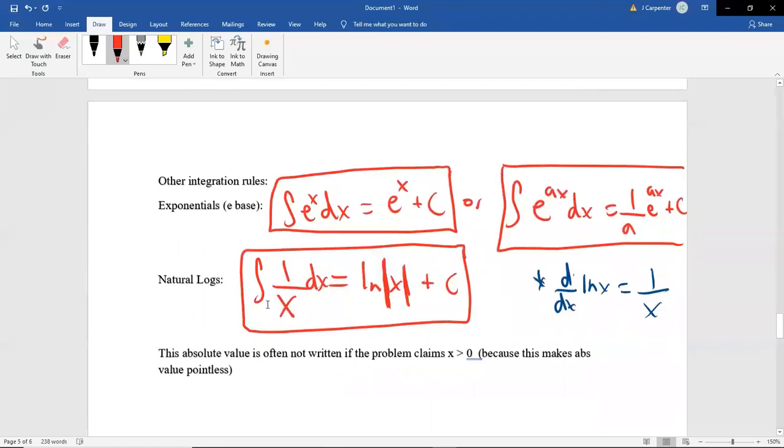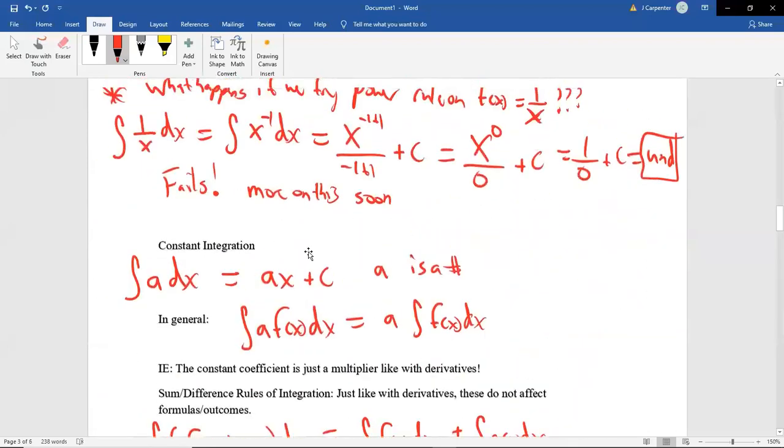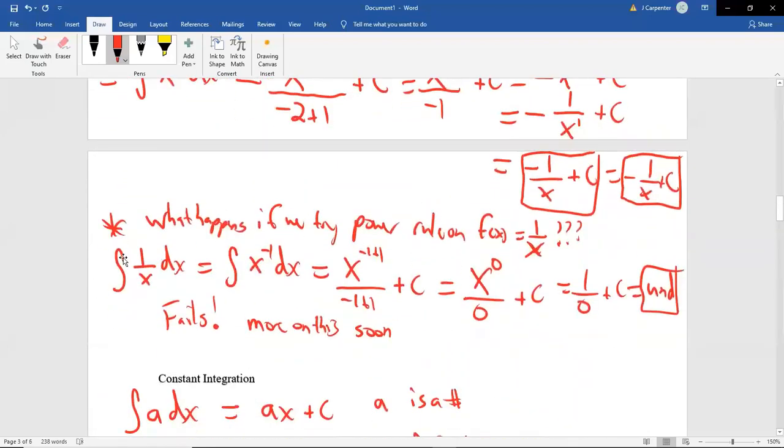So this is the n equals -1 case. You might say, well, I don't see a -1. It's right here. This is an x to the +1. When you bring it to the top, that's your x to the -1. So when we tried to do that with the power rule, this was the integral of 1 over x. We brought the x to the top. The -1 causes 0 in the bottom, and the world imploded on itself, undefined.